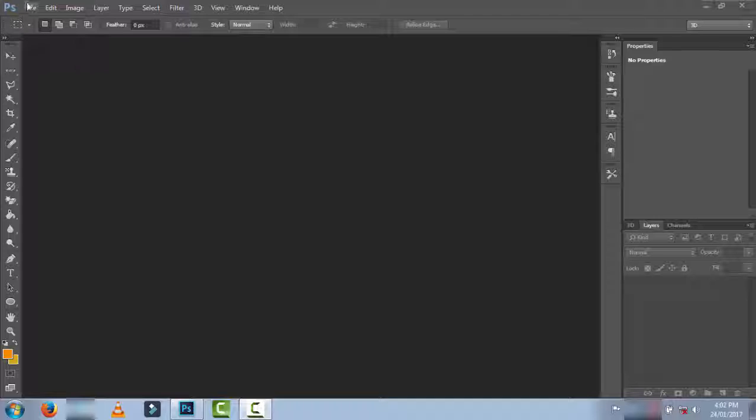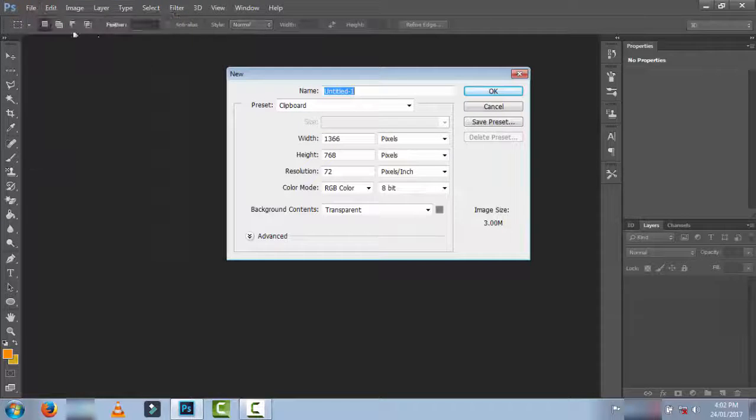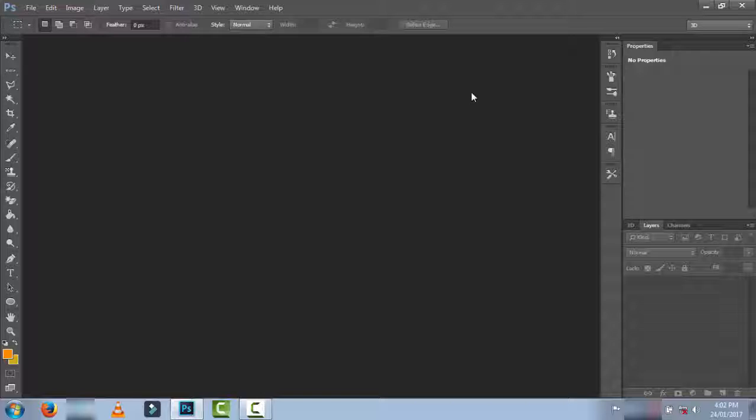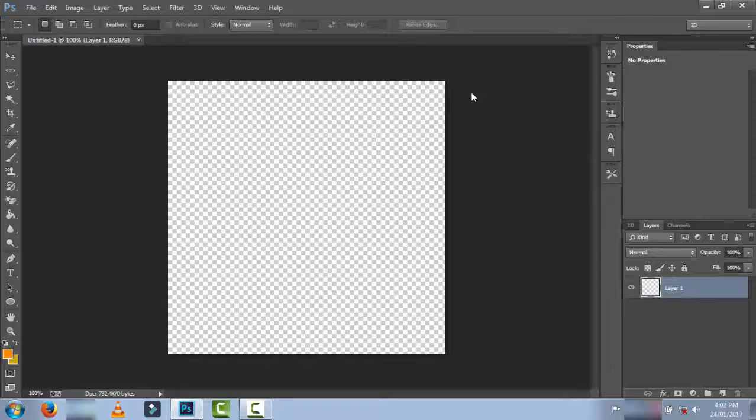First of all, go to File, click New, and select the dimensions. I'm gonna select 500 by 500 because it is the simple dimension for the logo. And choose the transparency, or if you want background color. I'm gonna use transparent and I'm going to click OK. And now, when the canvas comes up, what you will have to do